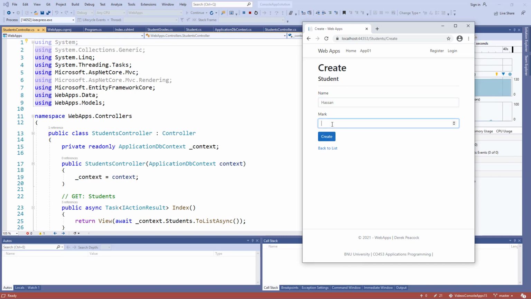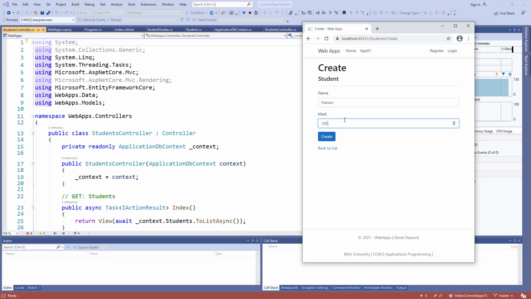Let's give the student a nice mark. Okay, so putting in a name for the student. Actually, let me just take the name out again and try it without a name. You should see, yep, name is required. And I can't give Hassan more than 100 marks. Let's see if we try to give him 1009. Oh dear, no, can't do that. So we've got our data validation on there and our error messages,